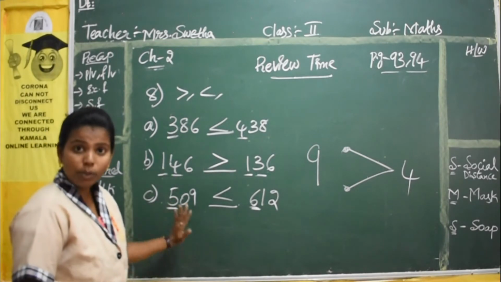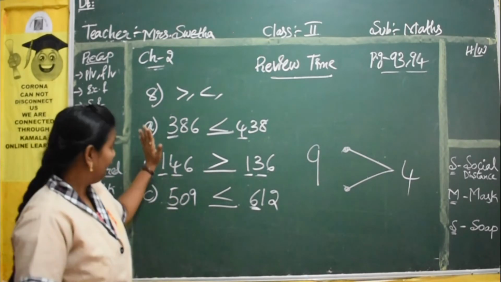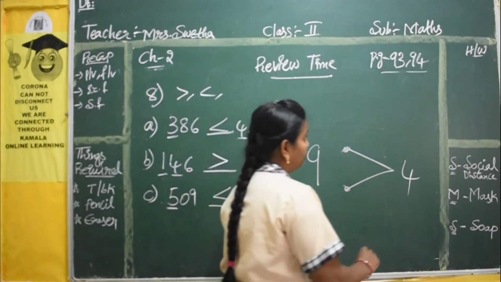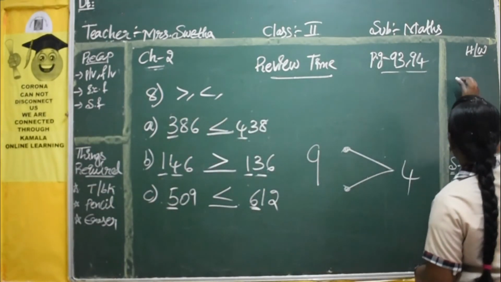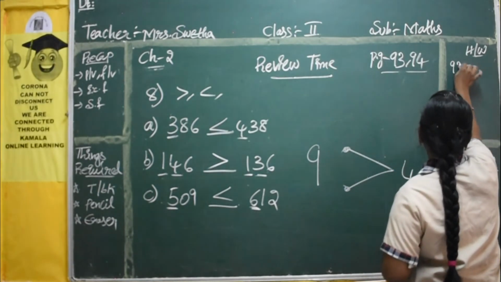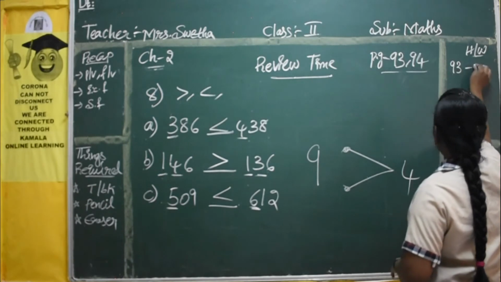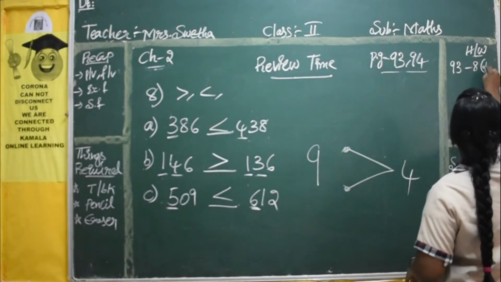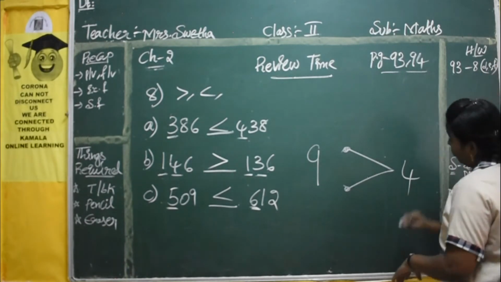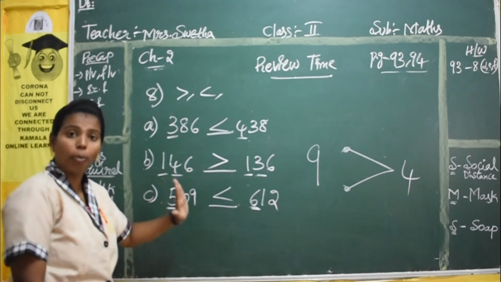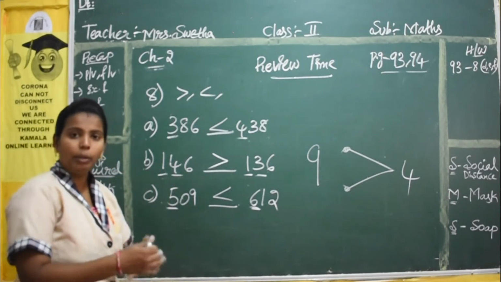Now in this one you are having 3 more questions. Those 3 more questions you have to do as homework. What is the page number? It is page number 93. In page 93, in bit 8, you have to do B, E, F as homework. Okay children, I hope you have understood. You can copy down. After this we will move on to the